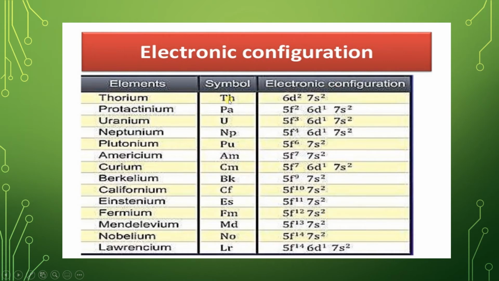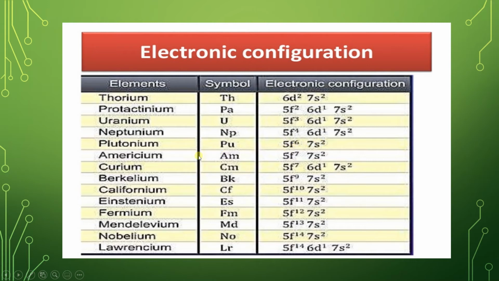Thorium, symbol Th, 6d2 7s2; protactinium Pa, 5f2 6d1 7s2; uranium, symbol U, 5f3 6d1 7s2; neptunium Np, 5f4 6d1 7s2; plutonium Pu,